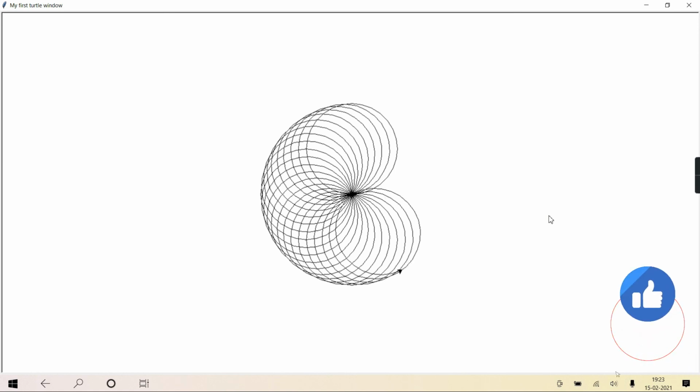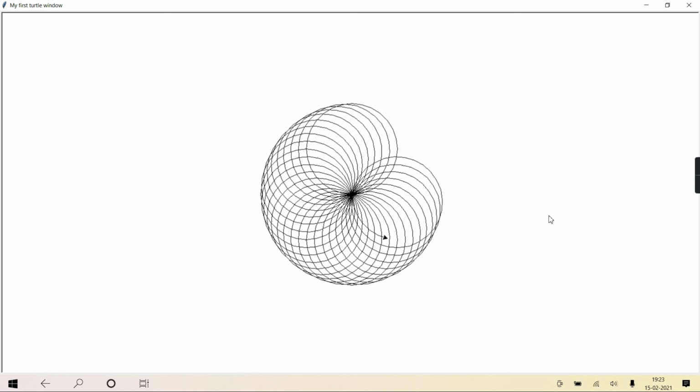Okay, you'll see a beautiful pattern is generated when all 36 circles are completed, right? You can imagine like a bunch of bangles and you're just spreading them in a round way, a circular spread of those bangles.